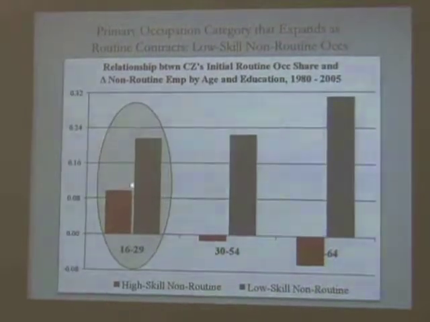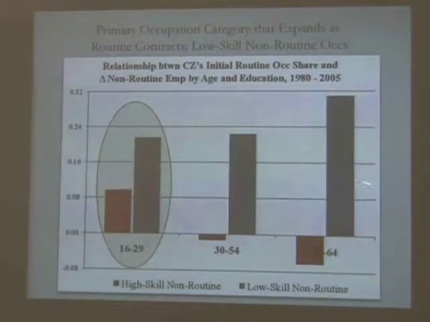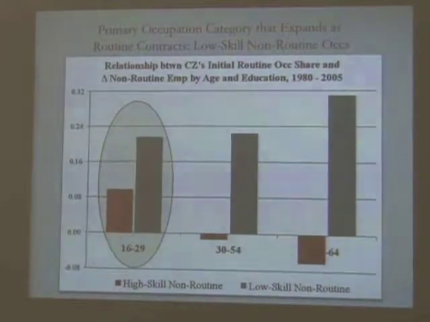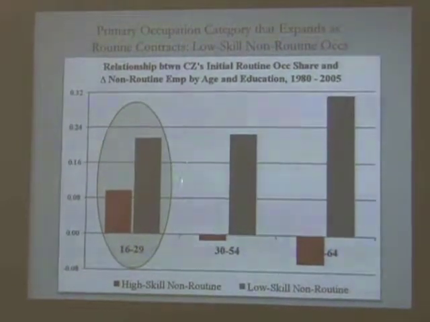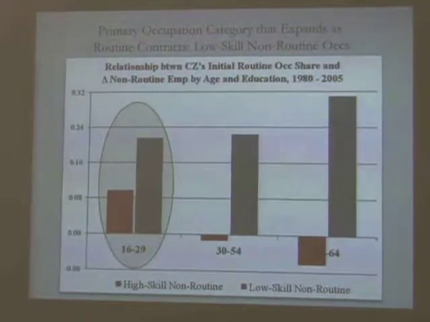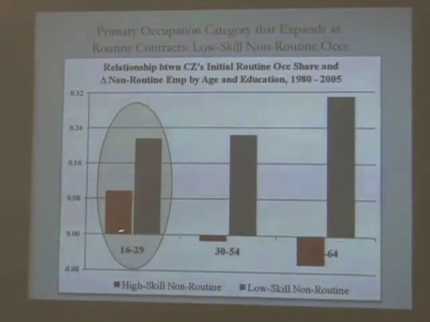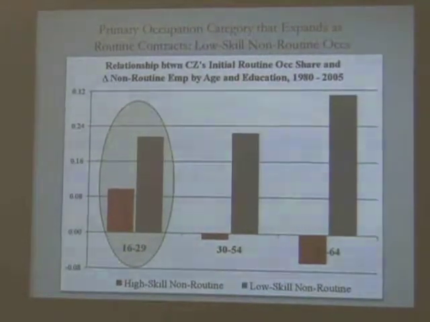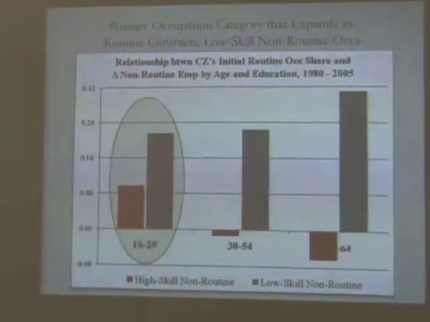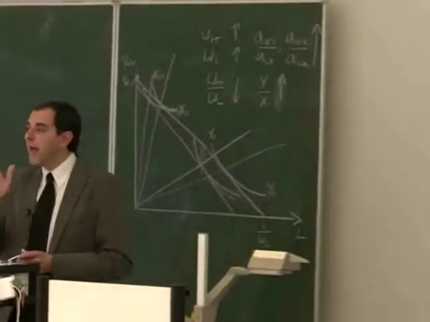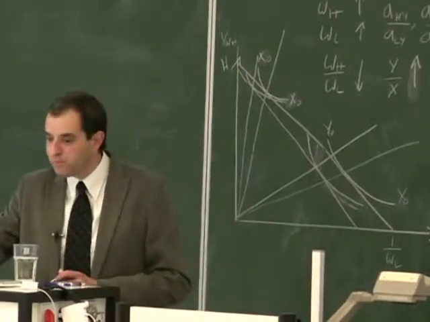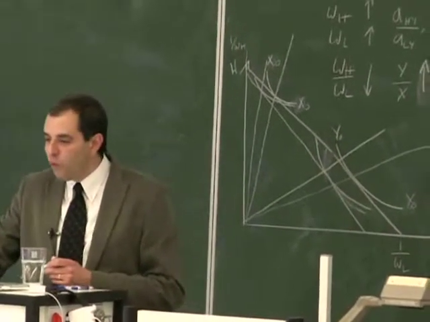First of all, if you look at the older workers, those who leave, I'm going to use that term loosely, move into low-skill non-routine occupations. For younger workers, some move into low-skill non-routine, some move into high-skill non-routine. So that would suggest that the older workers who are in fact displaced from routine occupations end up shifting leftward. They move downward in the occupational distribution. If you do this for